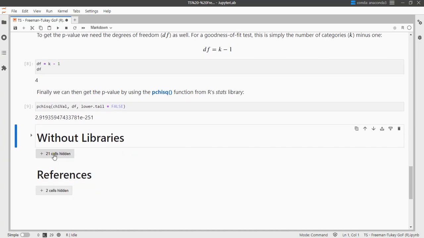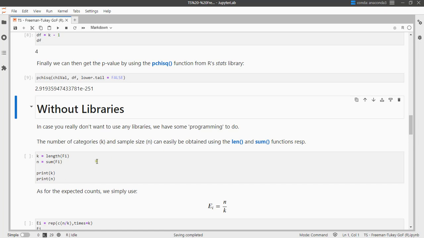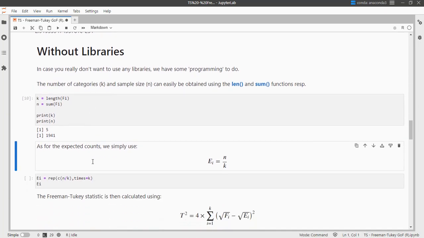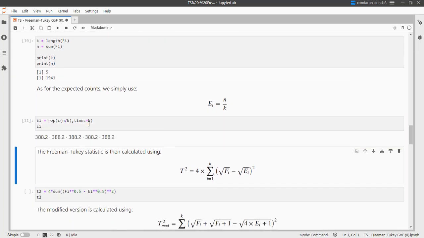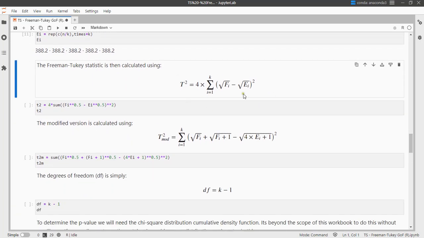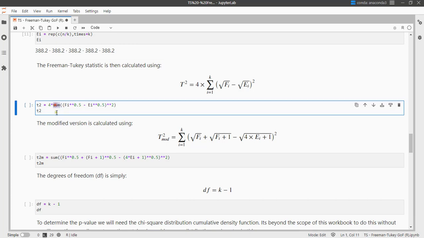Now if you don't want to use any other library besides the ones that come with R, again, we'll need the k and the n, the number of categories and the sample size. Again, though, that's expected counts. I'm just going to repeat the same function there. So 388.2. And then this scary formula actually calculates the Freeman Tukey statistic. It's not that complicated. This big E looking thing is the summation sign, so you can simply use sum. And then it's the square root, which is the same as taking something to the power of a half. And you do that for the observed counts and subtract the expected one. So that gives that